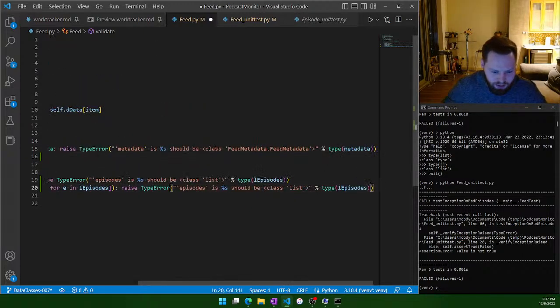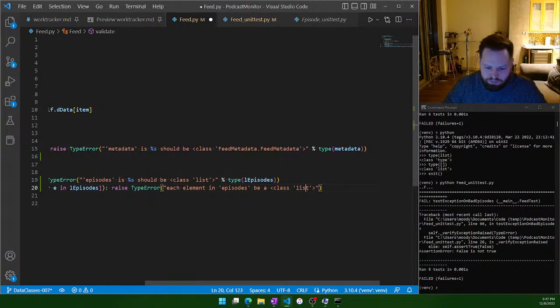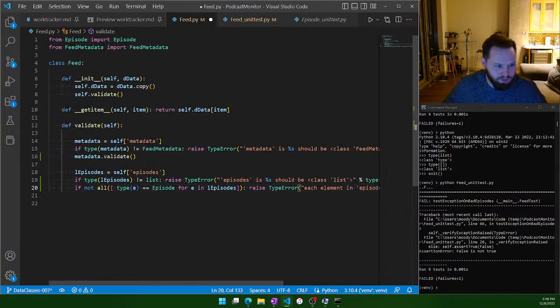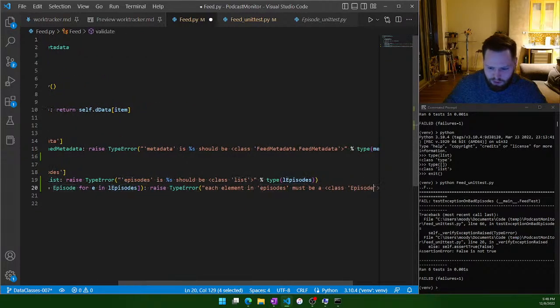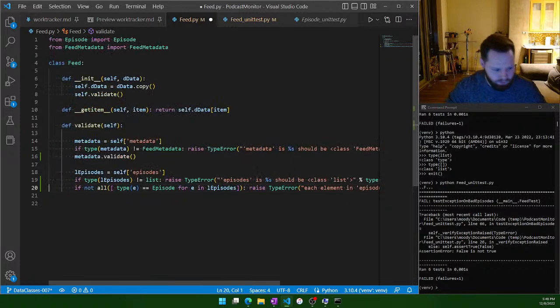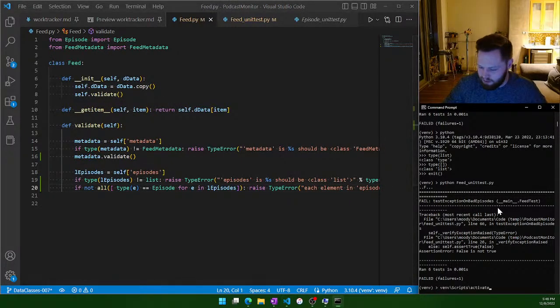And then I'm going to copy this, and I'm going to say each element in episodes should be, well, I guess element episodes must be, and then this is going to be similar to how this is feed metadata. Feed metadata is going to be episodes.episodes. So I'm just going to copy this and go episodes. Okay. All right. So now if I run the test again,